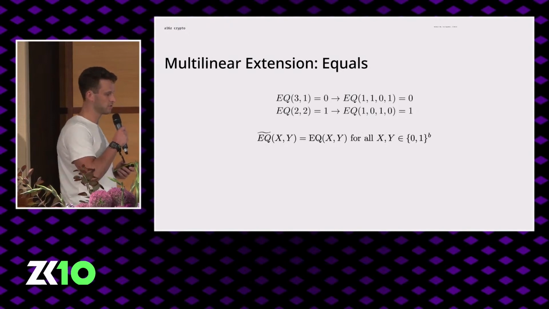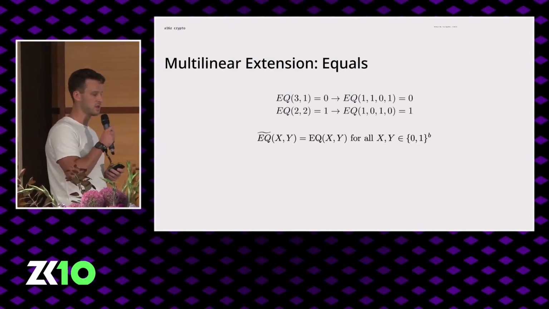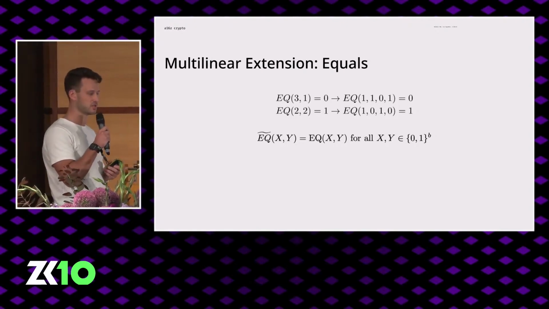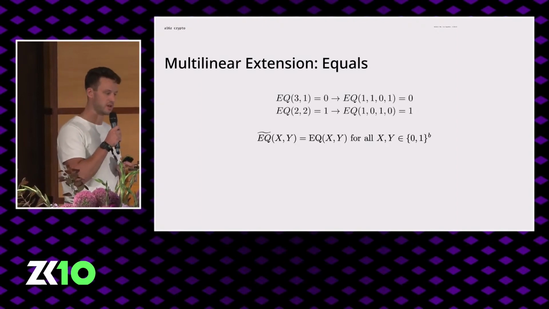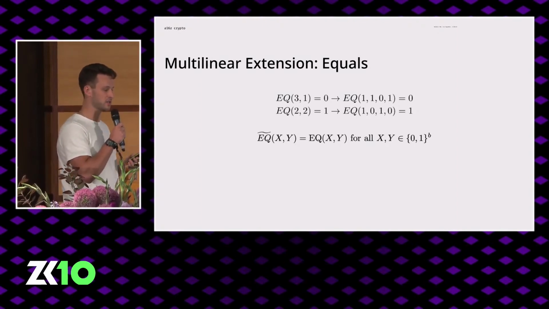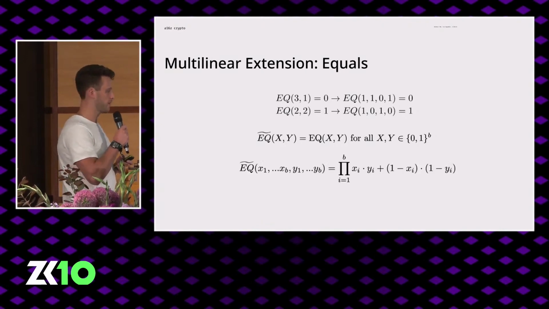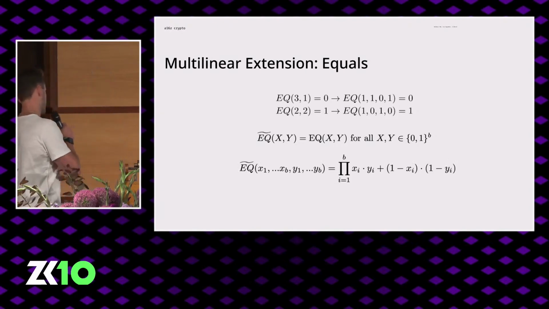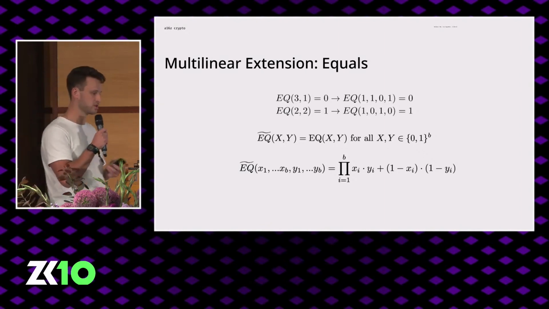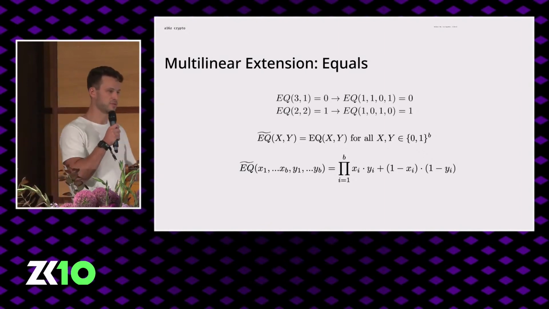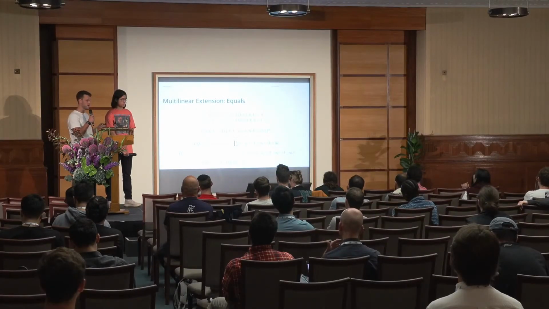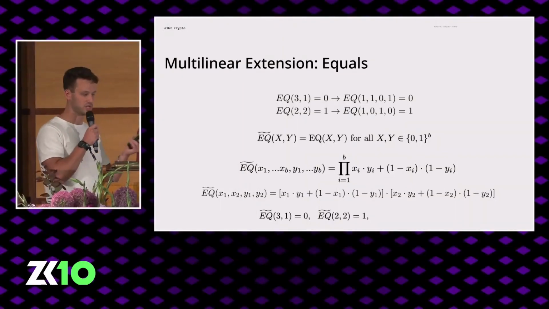So this is the definition of the multilinear extension of a given operation. The multilinear extension of an operation says it is equal to that operation over the full domain on which that operation is defined. So in our case, it's all x and y operands that are length 2 bit vectors. I'm going to go ahead and tell you what the multilinear extension of the EQ operation is, and it's here. In practice, this can be found for all instructions. So we'll expand this for b equals 2 for 2 bits, and on your own time, you can plug in all values of 0, 1, 2, 3 as bit vectors, and you'll find that the multilinear extension, or EQ twiddle,